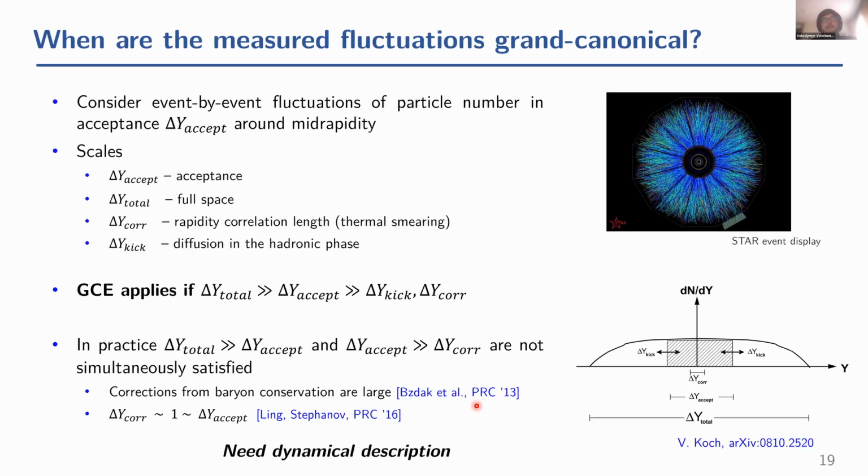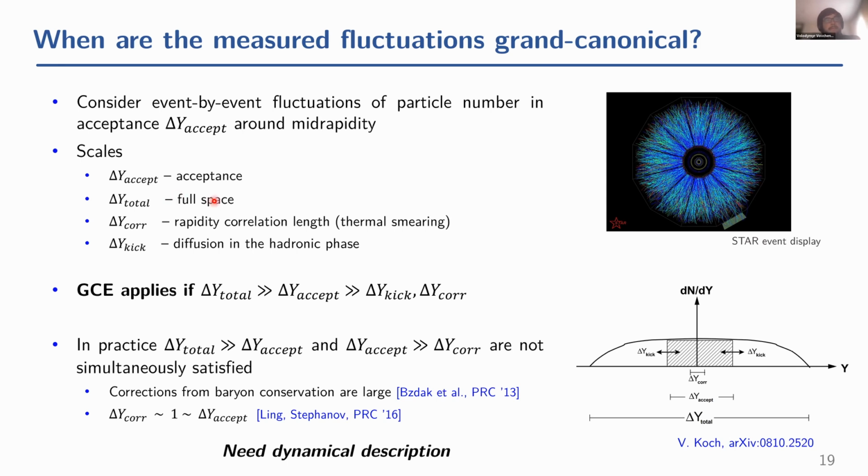And maybe I briefly mentioned this, perhaps the most important conceptual issue is this assumption of grand canonical ensemble. One can try to mimic this in heavy ion collisions by considering measurements in the limited acceptance around mid-rapidity, and for technical reasons, that's basically the only thing one can actually do in practice. One can measure particles within around 1 unit at mid-rapidity, which means that the rest of the system can act as a sort of a heat bath. You can exchange particles with the rest of the acceptance.